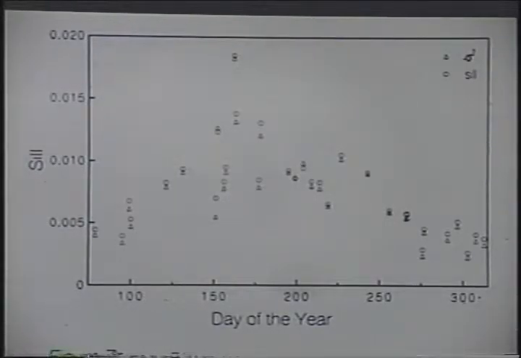The circles are the plateau of the variogram, the triangles are the variance determined independently of any structure function. And you see that on successive days, they come indeed very close. So what we have seen now is that